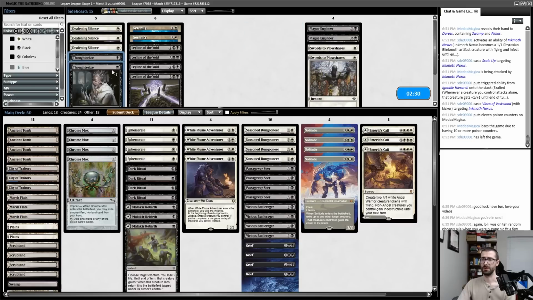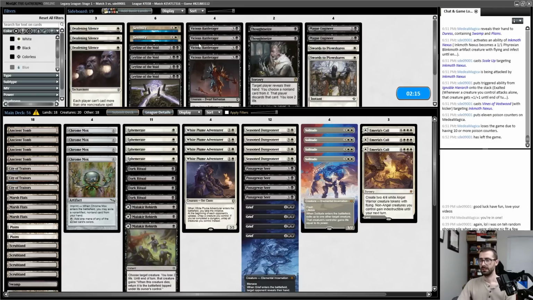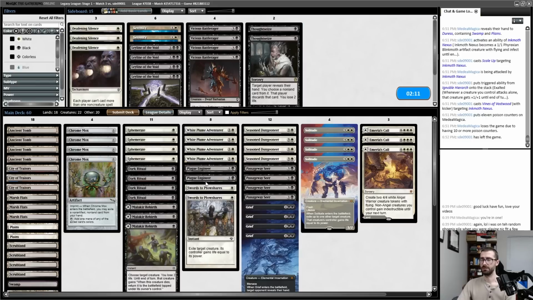Thoughtseize is probably playable as well. So I've got 6 cards that I can be thinking about. My go-to card to cut has been Vicious Battlerager. I believe that's going to remain true. It's a little hard for me to board in more than 4 cards here, but I do think that I